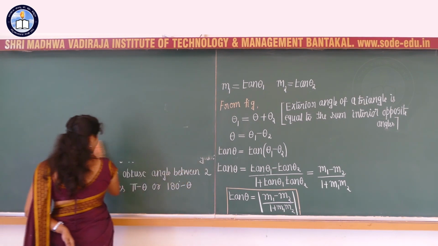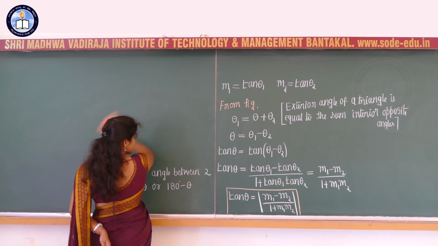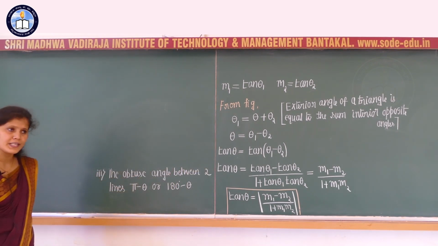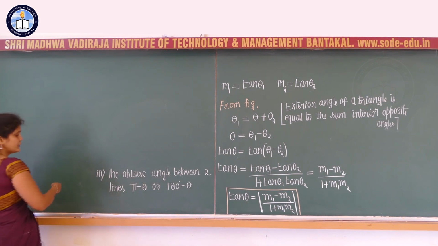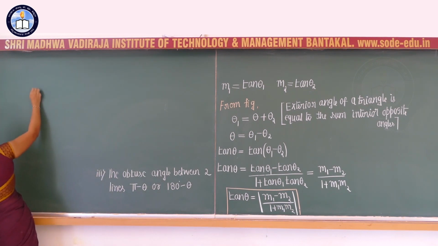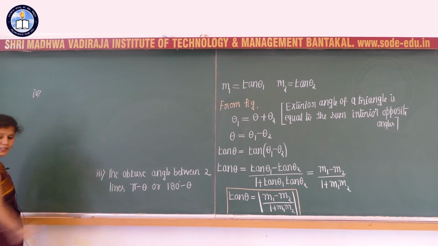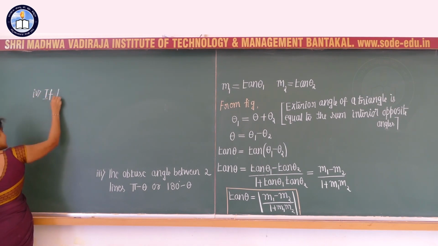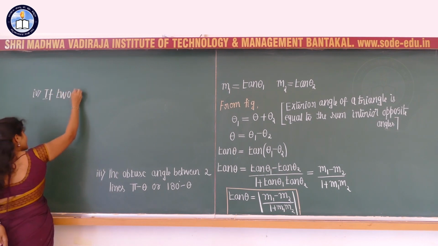So let's consider the fourth point with respect to this formula, that is, if the two lines are parallel to each other, then what happens for theta? That is the fourth point. If L1 and L2 are parallel to each other, that is, if the two lines are parallel,